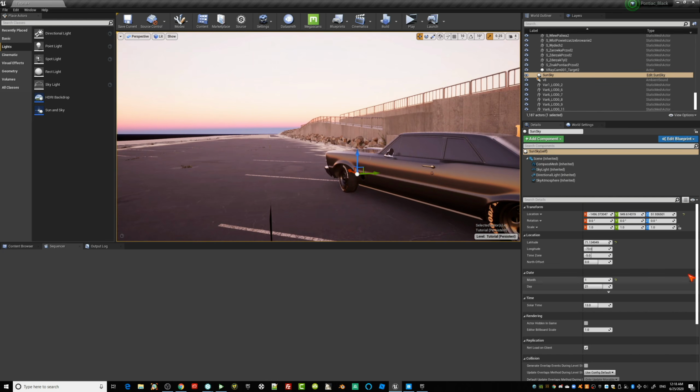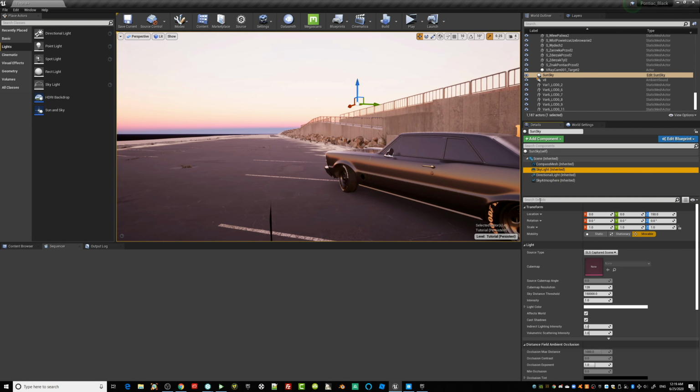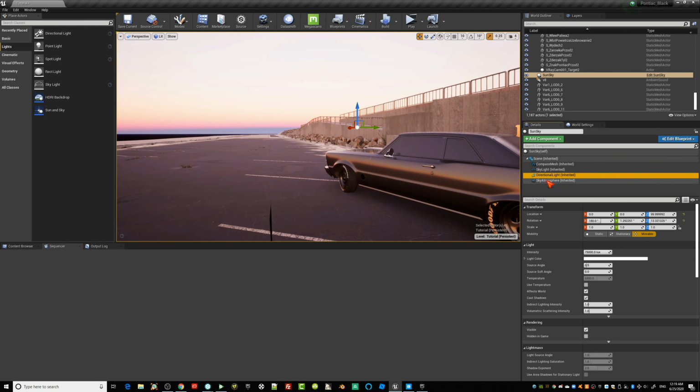One thing that is very, very important is you can change all these settings here in the sun and sky top actor in the settings, and then underneath they are all linked. You can change here basically the skylight and the directional light settings. So let's go to the directional light. The directional light is nothing else than a directional light. And as you can see here, by default, it's